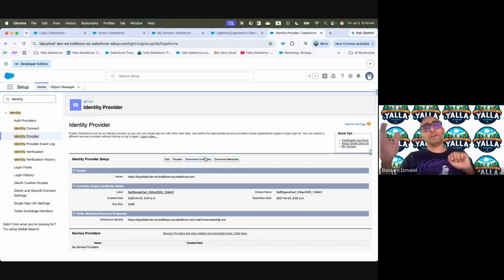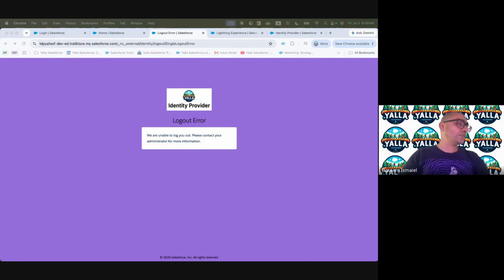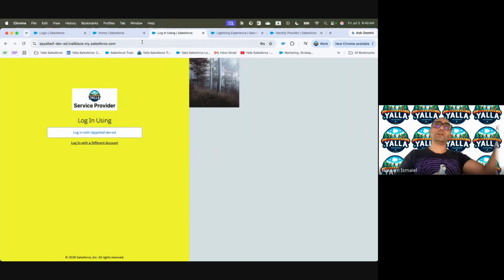So we have either the service provider initiated flow, which is I am in here, I am in the service provider, and when I log out from here, when I say service provider initiated flow, that means that the journey started from the application, not from the identity provider. So I am starting from the application I'm trying to access, which is my service provider. Now I'm gonna go. You will notice that Salesforce is gonna redirect me to the identity provider to log in. So that's why it's a service provider initiated flow.